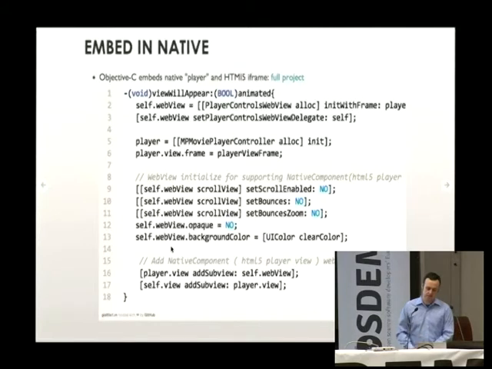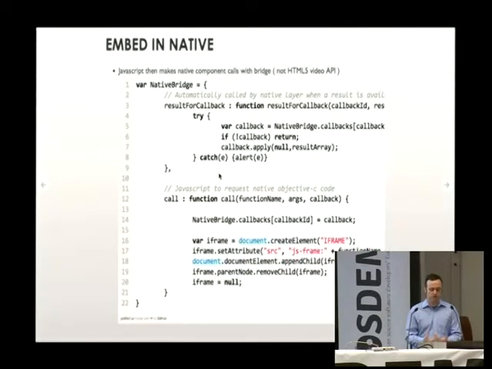And we take that same logic and embed it into a native environment. But in the native environment, instead of the iframe having a video tag in the bottom, it's going to have a native video component. So basically the iOS or the Android media framework exposes their video player in that context, and then we're able to play with that instead of the HTML5 API. And that lets us get around a lot of the restrictions.